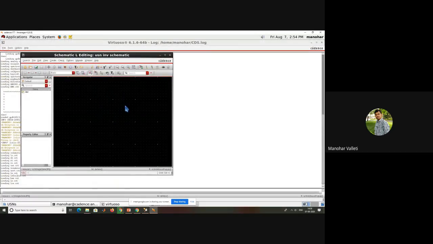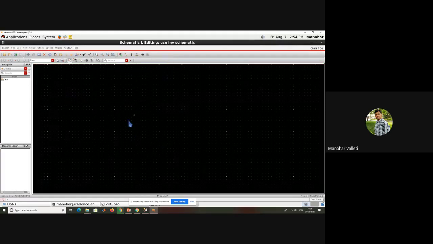Whatever the black color and dots were there, that is your edit window in the Cadence. This is the schematic window. So in this you need to connect your circuit. It is good practice, instead of using whatever the options are there here, launch, file, edit, view, create, check, instead of directly using these windows, to use the keyboard shortcuts in the Cadence. In the beginning lectures I will show both, but afterwards I will use the keyboard shortcuts only. Try to adapt to the keyboard shortcuts.